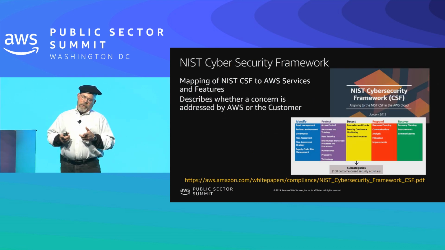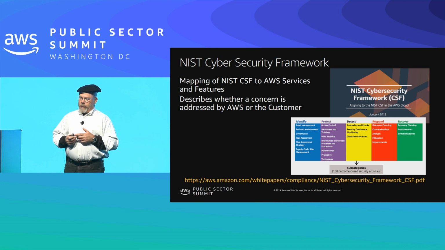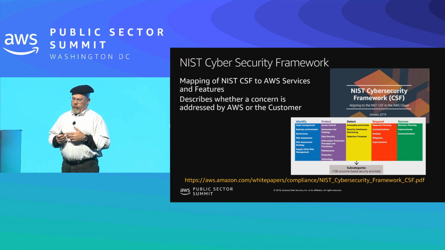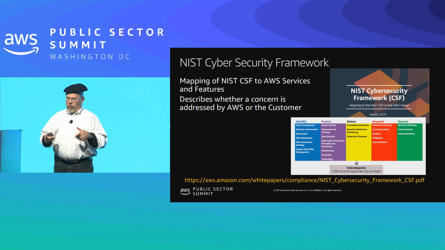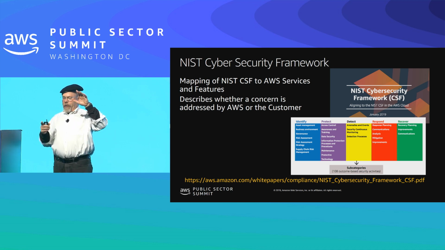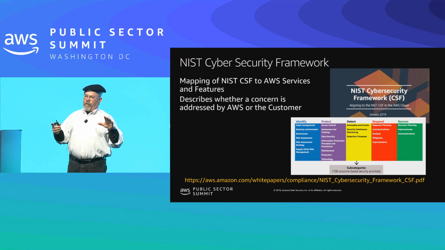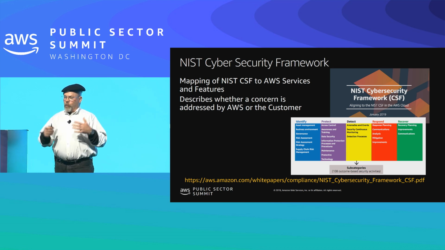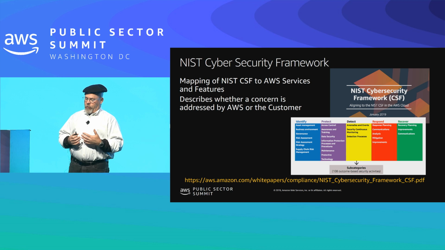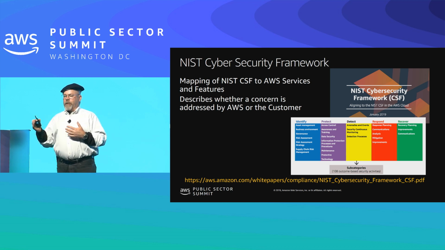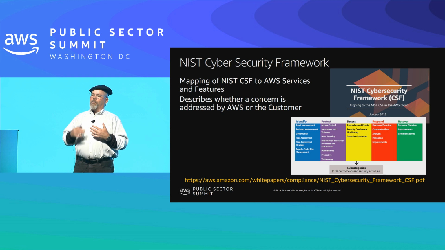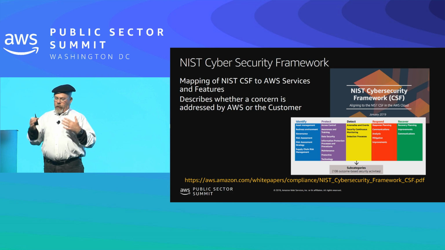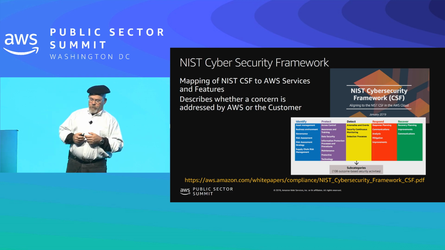I like this guide here. It's the NIST Cybersecurity Framework. And then we have a document, the URL at the bottom, that aligns AWS to the CSF, and it breaks it down. The CSF is written where it addresses identify, protect, detect, respond, and recover. Those are fundamentals of computer security. And what we do is we map various services and various features of those services within AWS to the CSF. This is a great place to start if you want to get your arms around what the government's doing here.